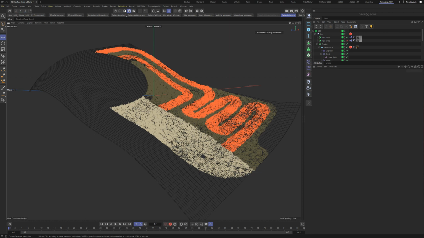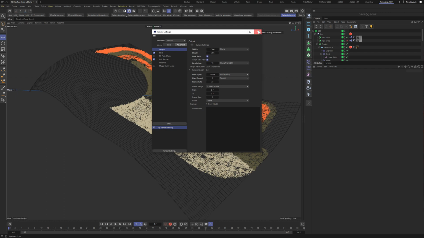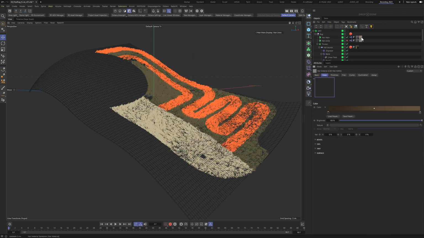There's something going on with Octane here. I don't know why. There's no Octane stuff happening here, so that's weird. But